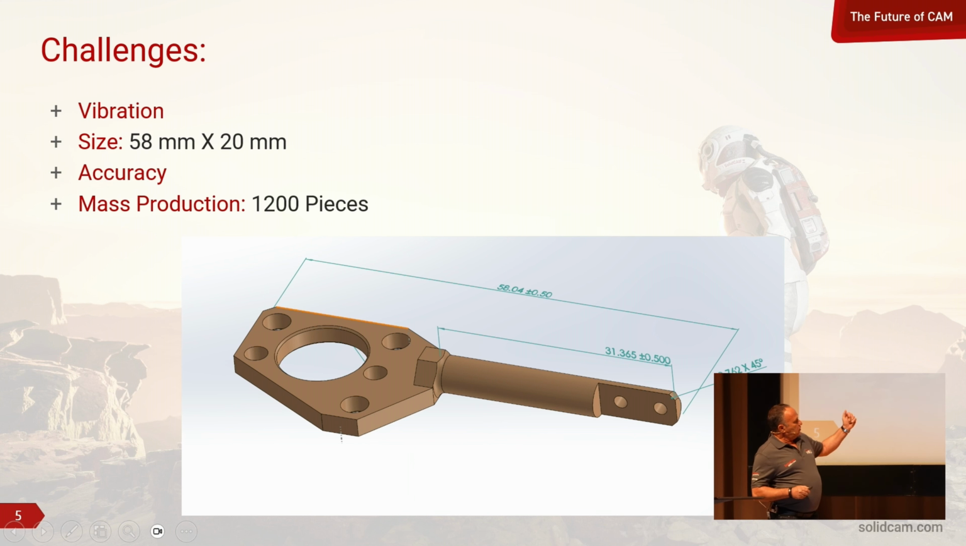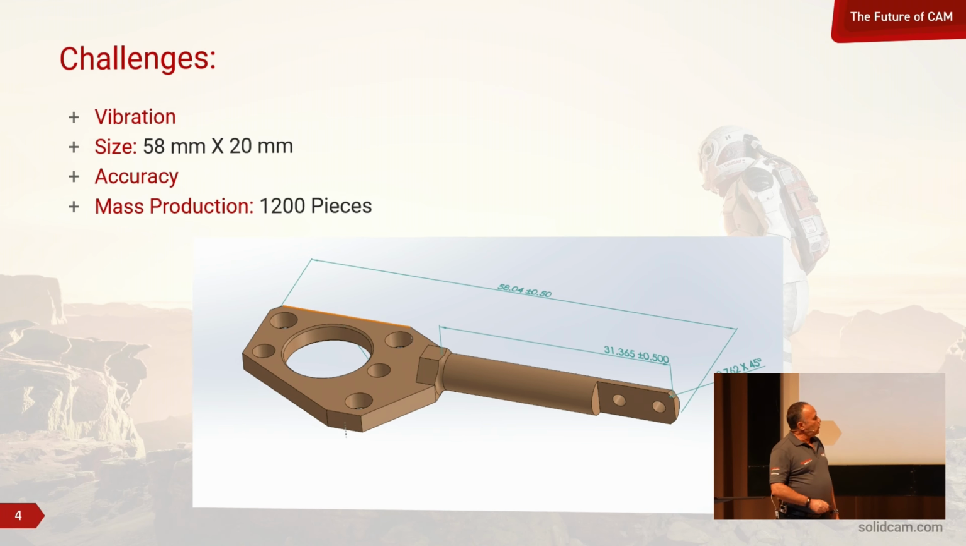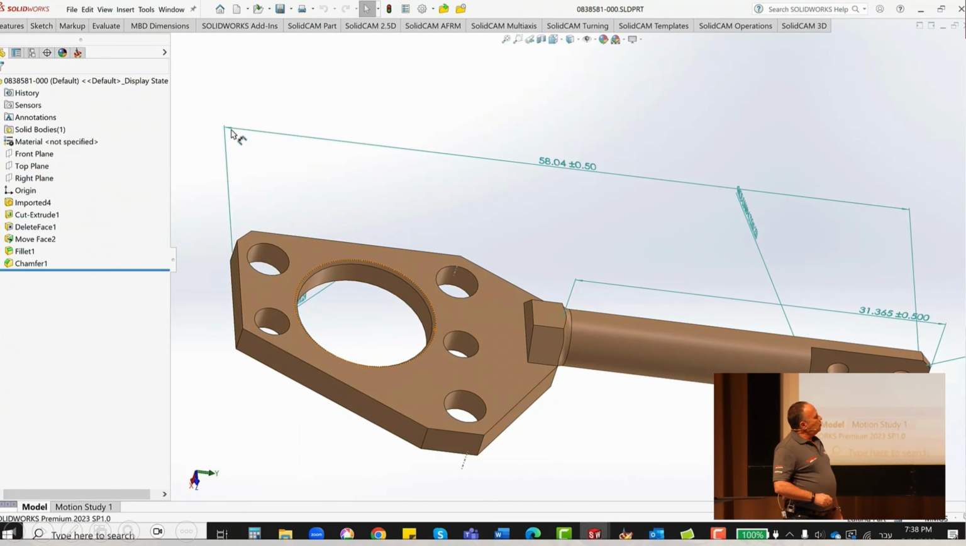who wants to program and machine this part. What is special about this part, what are the challenges in this part? First is the small size. There is this proportion here between the small diameter and the length of the bar. So we need to take care to avoid vibration. We need to keep accuracy, it's a very accurate part. And also mass production, 1,200 pieces. It means that every second, every minute is pure money to the company. So it's very important. So let's see how this programmer